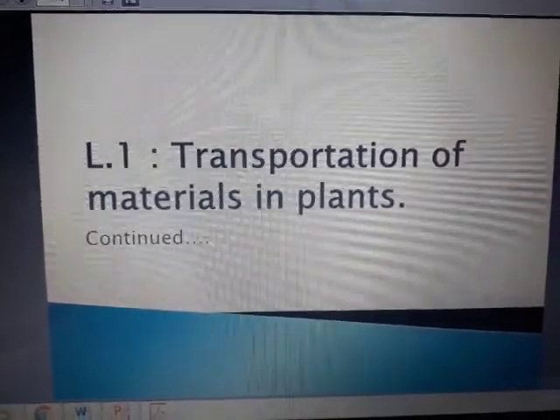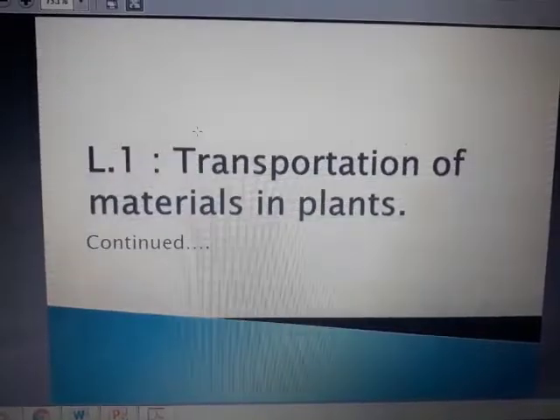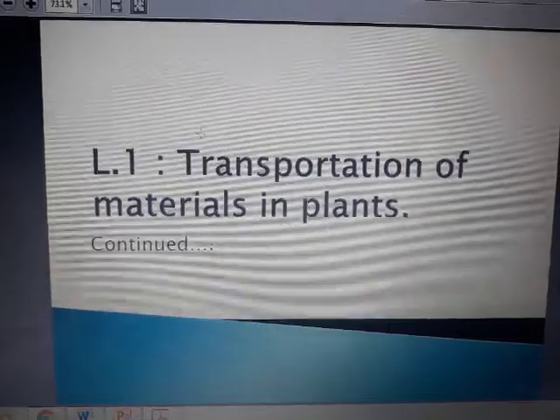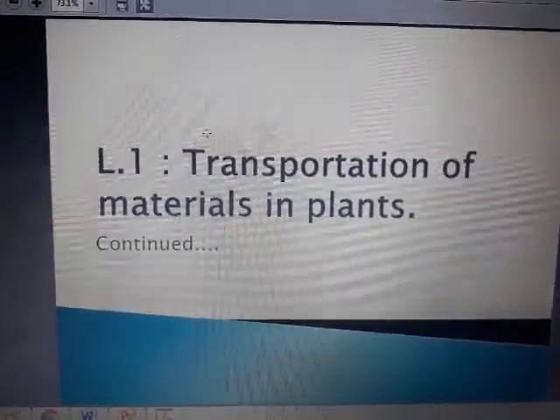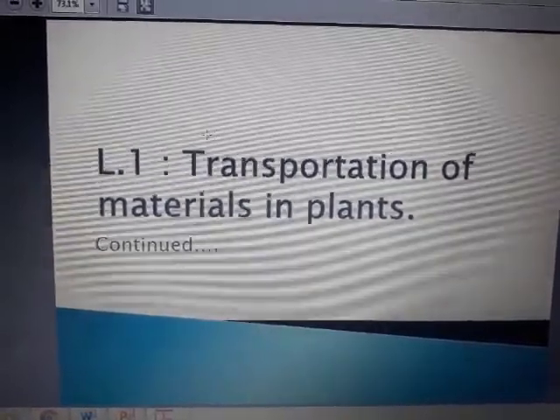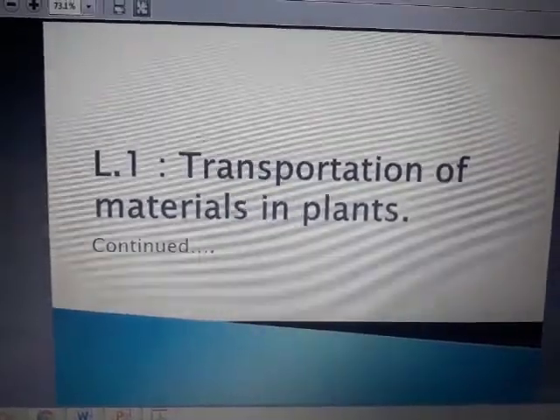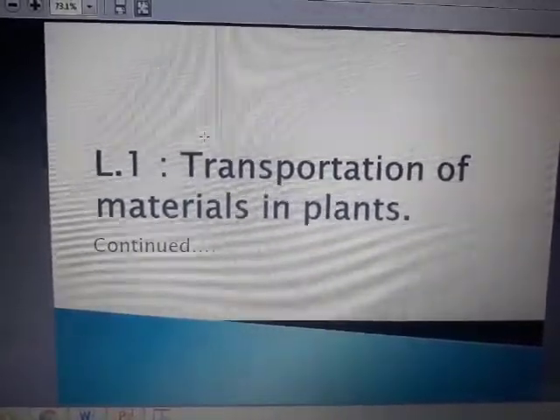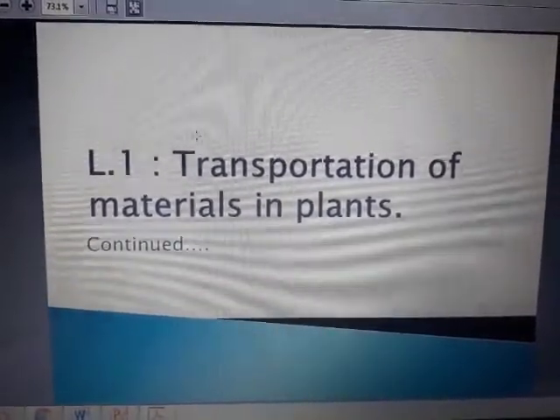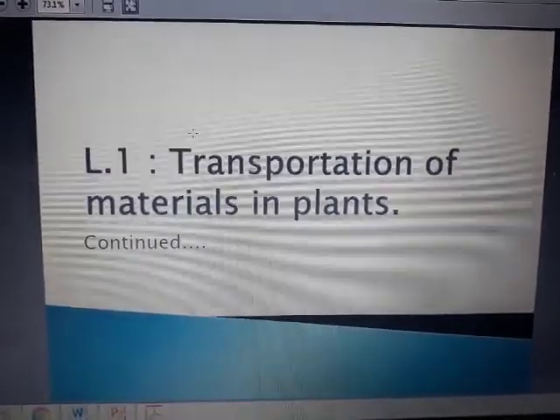Well, we are back again with our lesson of 1 children that is all about transportation of materials in the plants. In the earlier session, just to revise, let me remind you, it was all about how exactly does the water and mineral gets absorbed from the soil into the plant with the help of certain root hairs, then it passes to the cortical cells, then furthermore into the xylem vessels. And when the food is prepared in the leaves, it also gets transported through the phloem vessels, right? Yeah, these were the processes that we studied in the first session of our lesson.